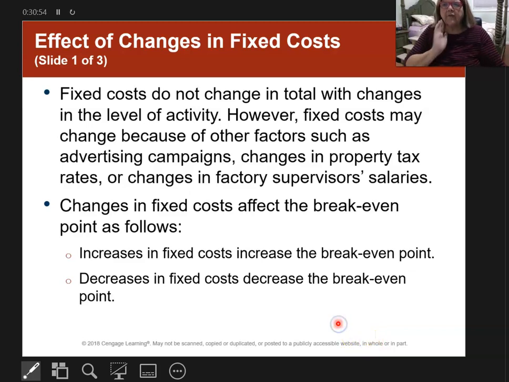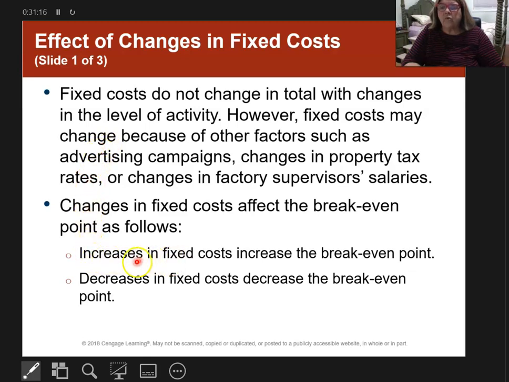So moving right along, the next thing we're going to look at is what is the effect of the changes in the different costs. So first we're going to look at fixed cost. And this is really something that I'm going to show you on the next slide. It's really something you should just keep handy because this is the important thing to know. For fixed cost only, what we do know is that